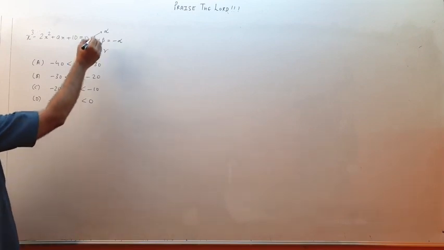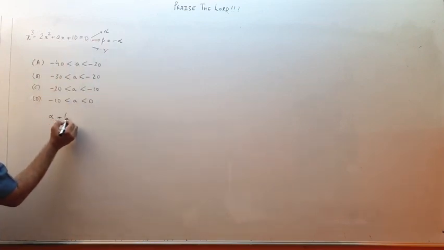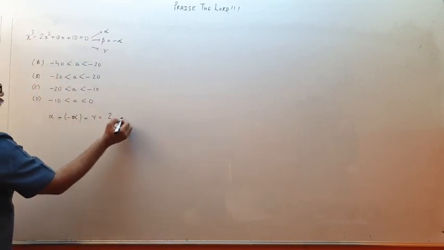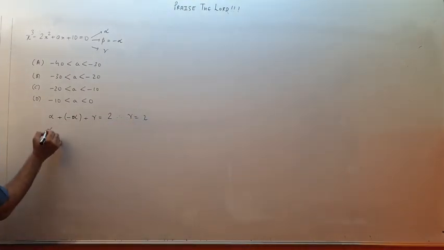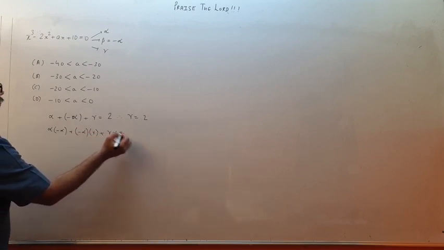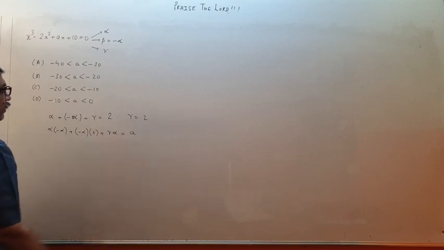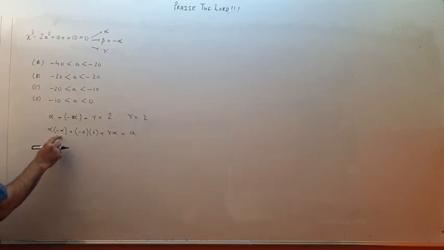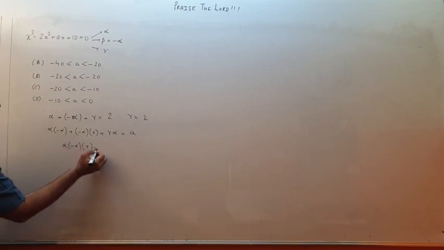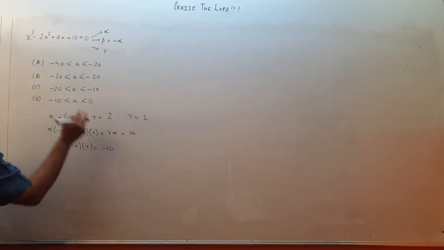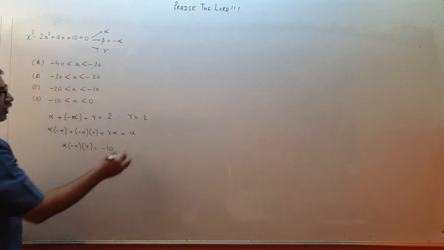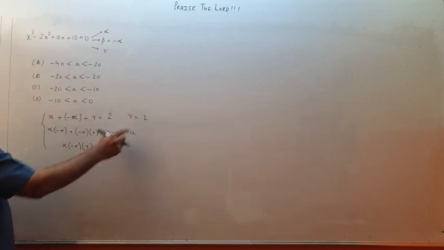Therefore children, if we take the sum of the roots, alpha plus beta plus gamma, that will be 2. Therefore gamma will be 2. Then alpha beta plus beta gamma plus gamma alpha, that will be a. So this is minus alpha square minus alpha gamma plus gamma alpha. And the product, alpha times minus alpha times gamma, that is minus 10. So this way we get the three equations. And from here I can conclude gamma is 2.